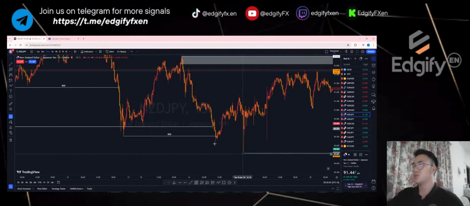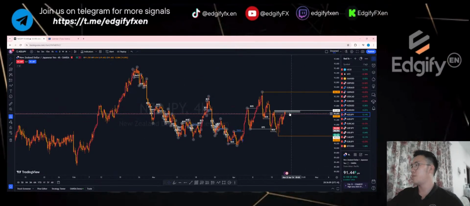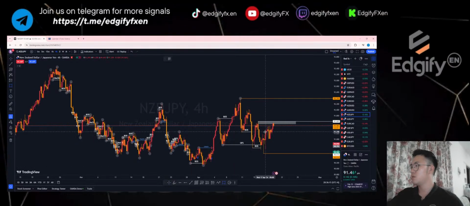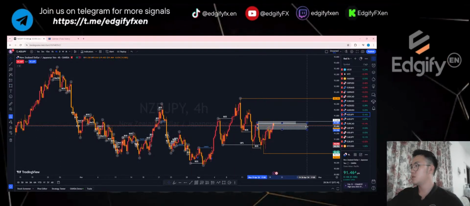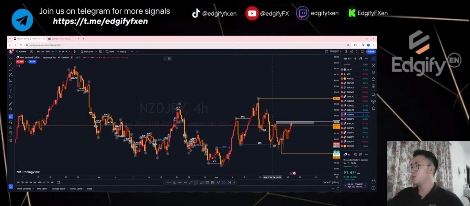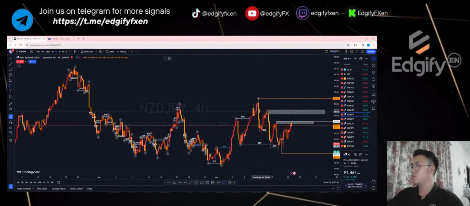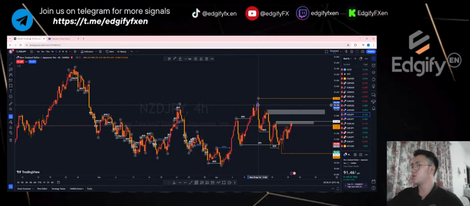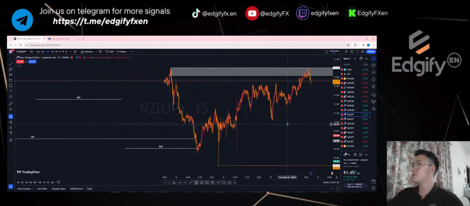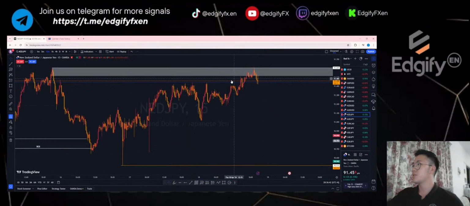From this zone to this zone, right? Hour 4, it's also where I'm looking to sell because it has retraced back. Okay, so if you look at hour 4, this is the whole zone here, which is in between the 15 minute. We are also looking at about this level here to sell on the 4 hour. This is for NZD JPY. So on the 15 minute, this is my zone here to sell. Right, price came in.